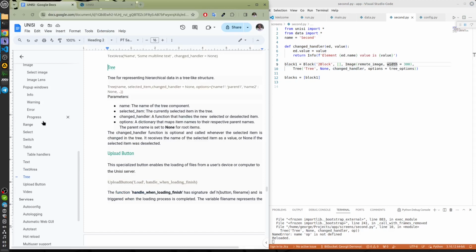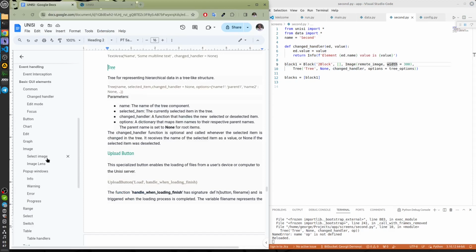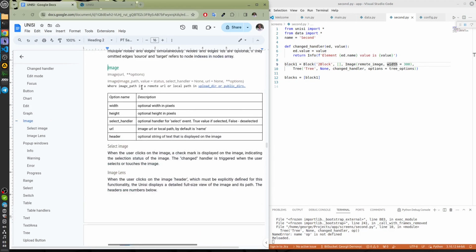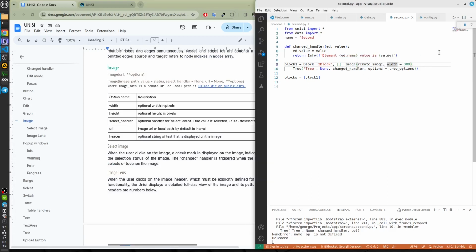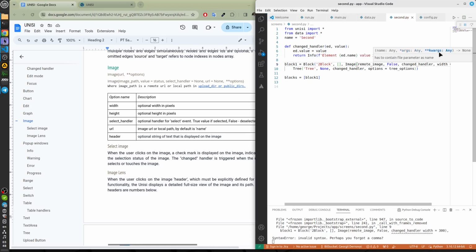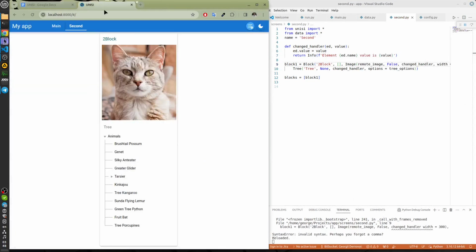In the image constructor as usual: path, value, a changed handler. We type false, and also type changed handler. Element value is true.